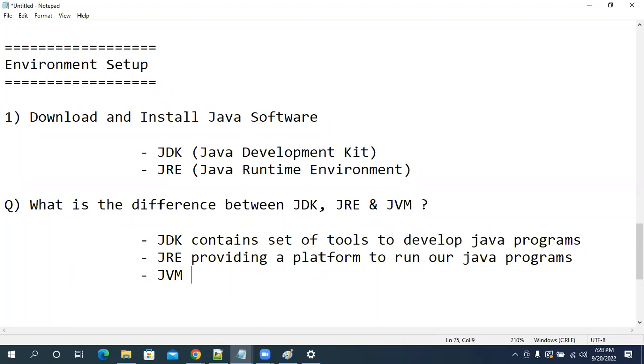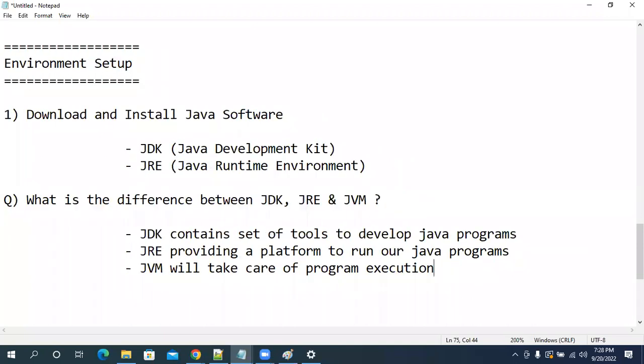JVM will take care of program execution. That means memory management, memory allocation, memory deallocation, converting the byte code into machine code. That complete part will be taken care of by JVM. Is that clear? Perfect.